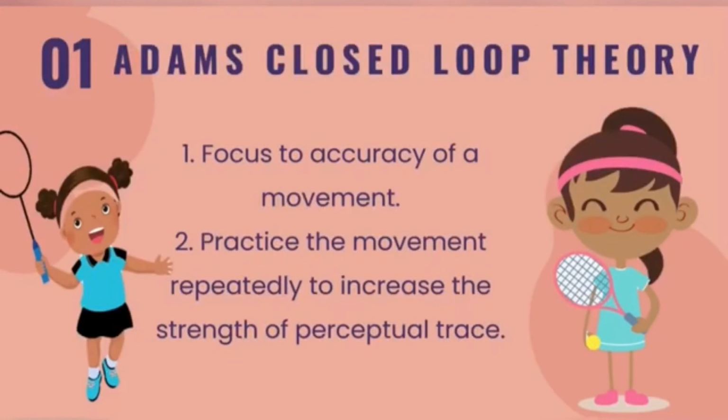Okay, now I would like to explain the theory that is related to the test that we have done. The theory that we chose is Adams' closed loop theory. This theory focuses on the accuracy of a movement, whereby it is proportional to the strength of the perceptual trace. The theory also suggests that practicing the movement repeatedly can increase the strength of the perceptual trace, which acts as a record of the movement made over many practices. It also tells us that there is an increase of error detection and movement adjustment when we practice the movement